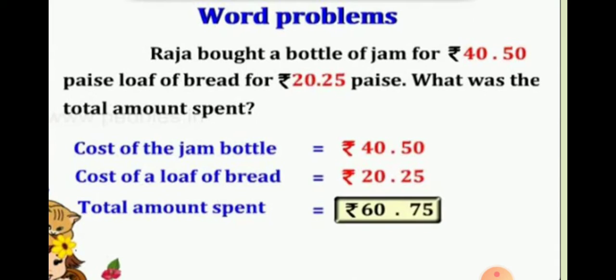Now for the total amount spent, you will do simple addition, that is you will add 0 plus 5 starting from the right. The first digit you will get 5, then 5 plus 2 will give us 7, then we will put decimal below decimal. Now we will move to the next digit, that is 0 plus 0 will give us 0, and at last 4 plus 2 will give us 6. So here the total amount spent is rupees 60.75, or you can say 60 rupees 75 paise.